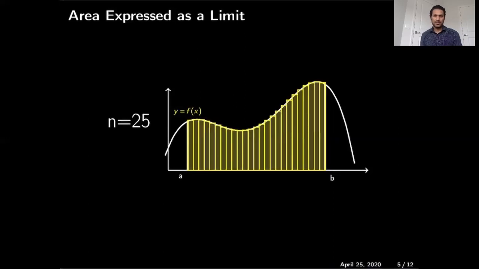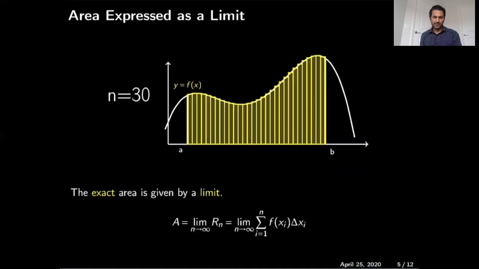You can almost see that I have a very tiny bit of error because I'm gaining and losing very little. And at 35, almost like with the human eyes, you can't detect that this is the area approximated by these 30 rectangles, almost the same as the area under the graph of this shape. So we can conclude that the area is this sum, because if you pick each rectangle,